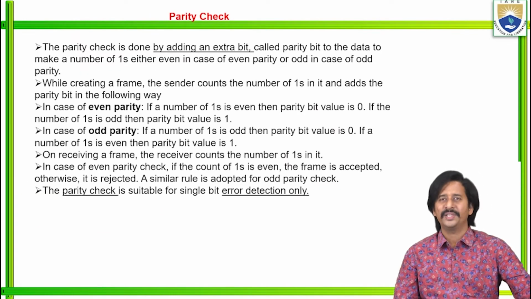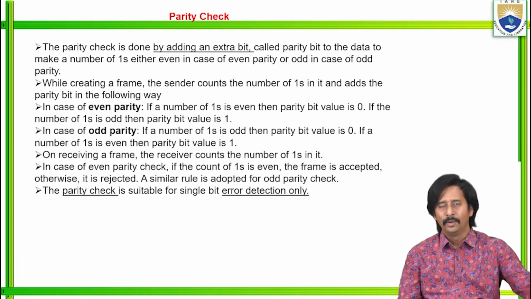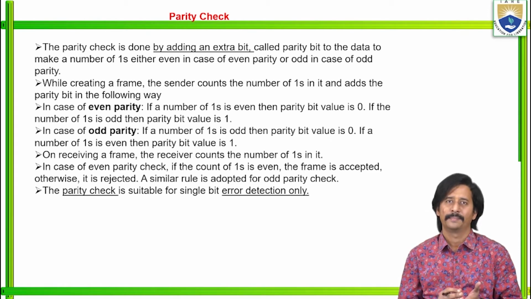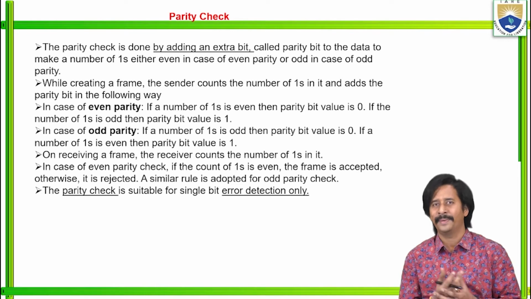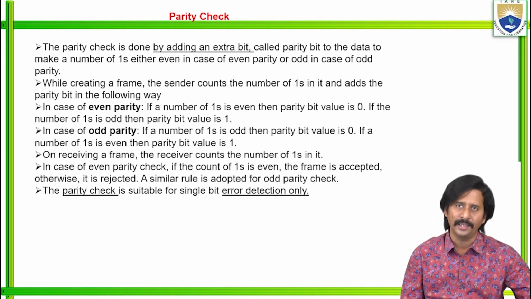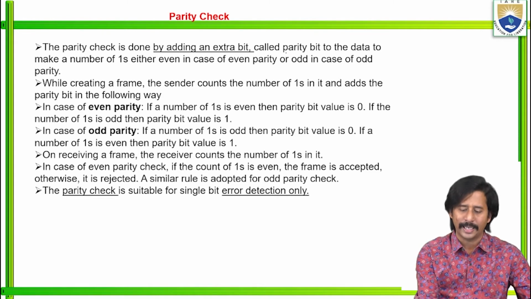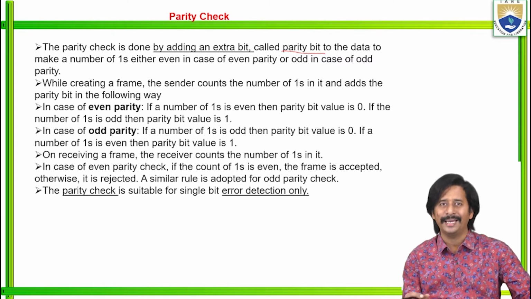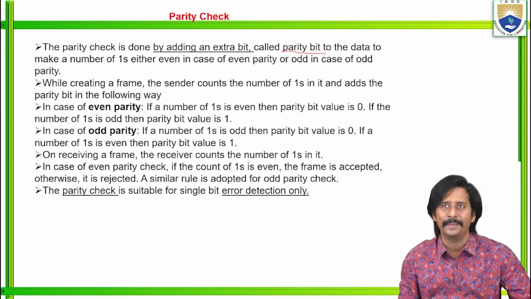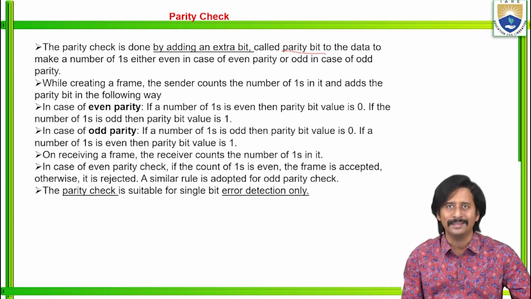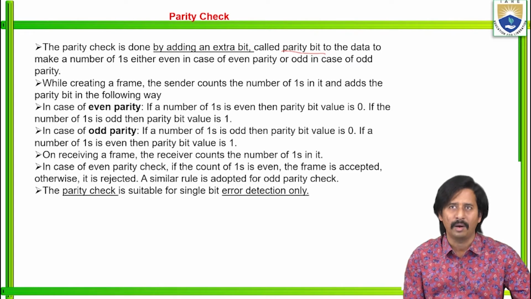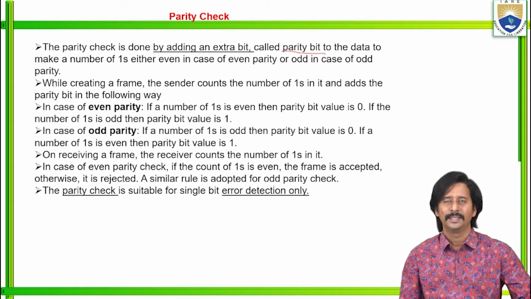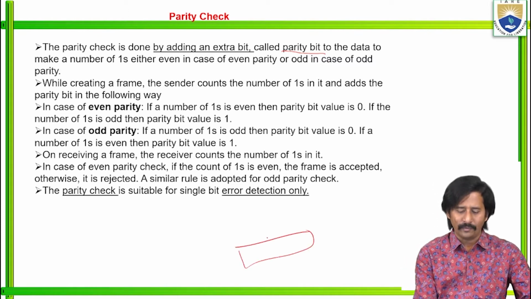What does that mean? Parity check. We know all three methods, parity check, checksum, and CRC, follow redundancy, so we know what is meant by redundancy. The parity check is done by adding an extra bit, which is called a parity bit, to the data to make the number of ones either even in case of even parity, or odd in case of odd parity. So what is the difference? We will discuss. See, while creating any frame,